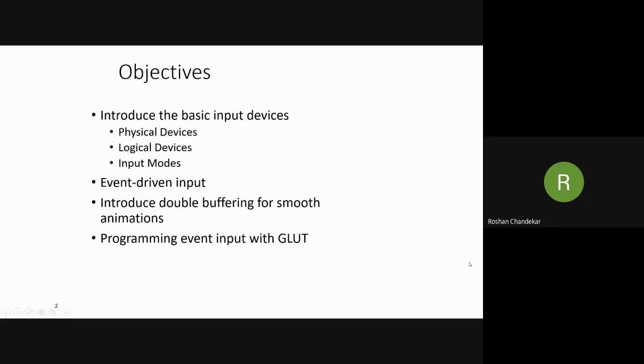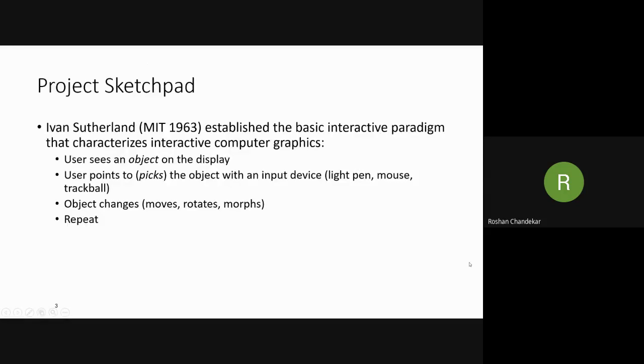In hardware interaction, first we talk about Sutherland's project, Sketchpad. Sutherland established the basic interactive paradigm that characterizes interactive computer graphics. The user sees an object on the display.